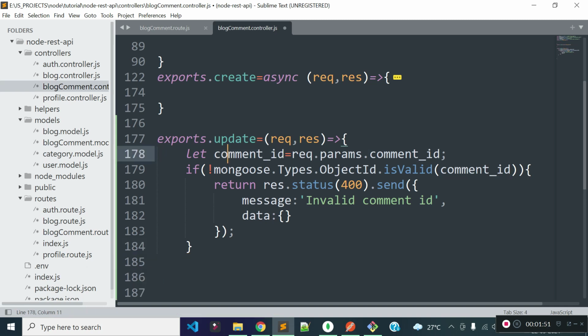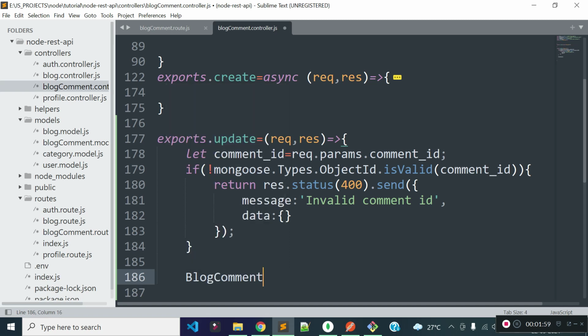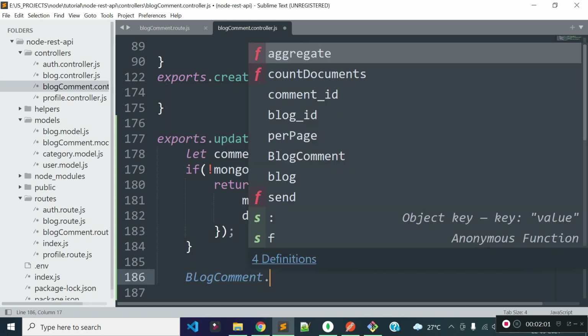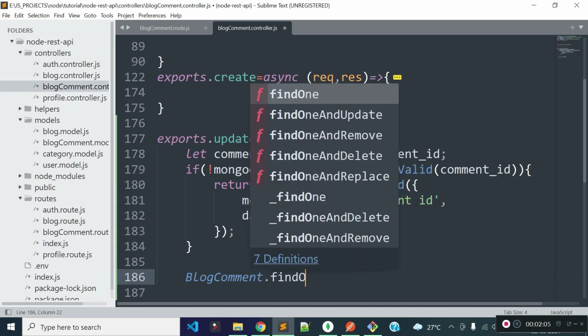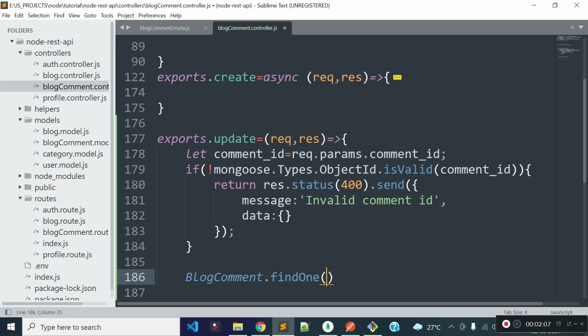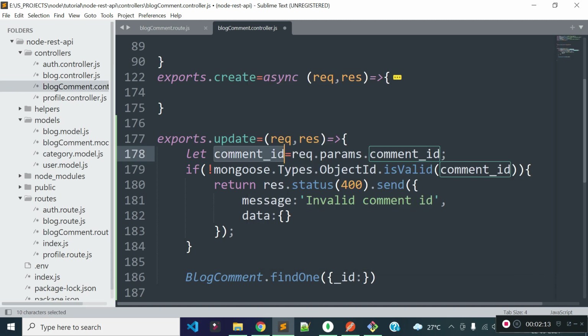So I'll find the comment from our blog comments collection with this comment ID with the help of the blog comments model's findOne method. So let's call the blog comments model's findOne method, and inside this findOne method I'll provide a condition inside an object, and the condition will be _id is equal to this comment ID, and this will return a promise.